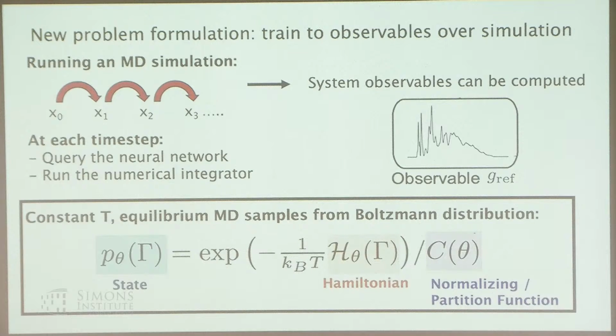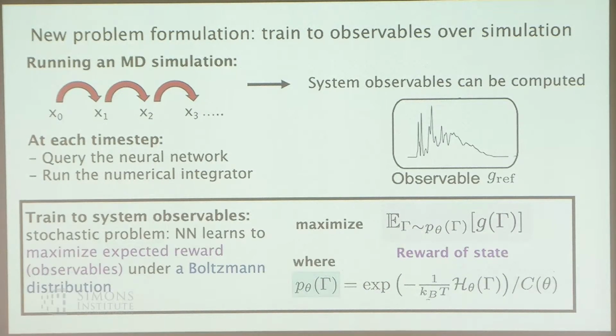Coming back to this process, this Boltzmann distribution is something we've already seen a number of times. Molecular dynamics, as you run it out and converge to some equilibrium distribution, is essentially like drawing samples from a Boltzmann distribution. So your probability of being in a given state, dependent on your position and your momenta, is going to be a function of this Boltzmann distribution that tells you something about how the system is behaving. This is how we formulate our learning problem.